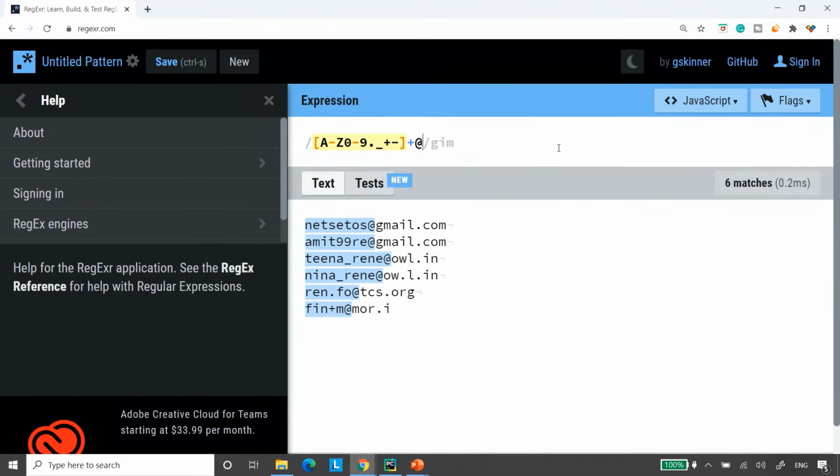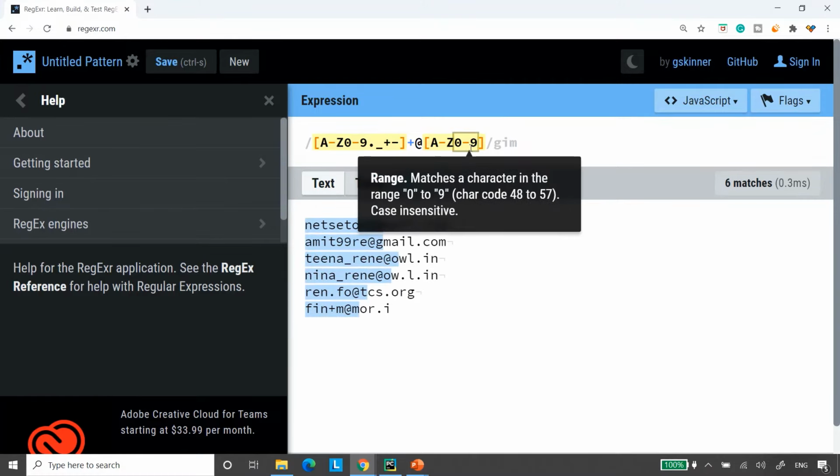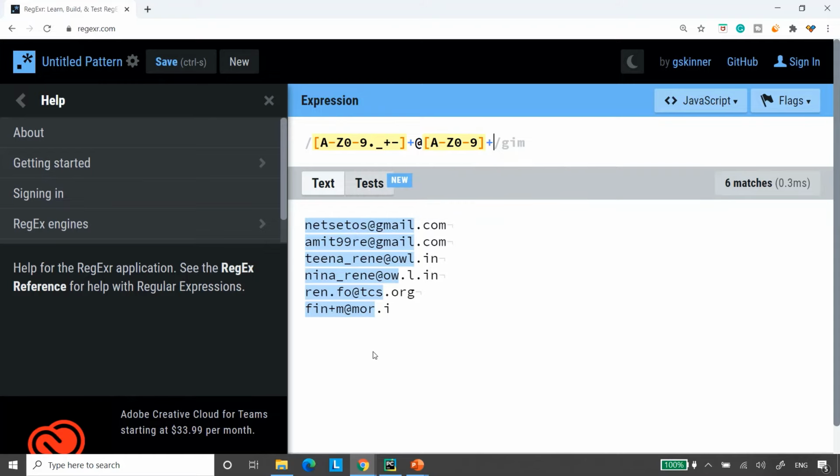Now I want Gmail, OWL, TCS, more to be matched. So here I'll put A to Z, and with this if I have any numbers to be matched, so 0 to 9. And these can be one or more than one, as it is matching for just G. So here I'll apply plus, or if there is any number it will match it.